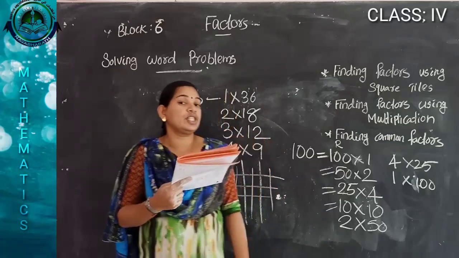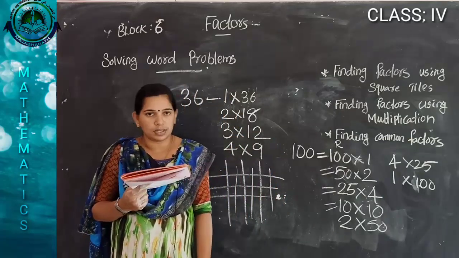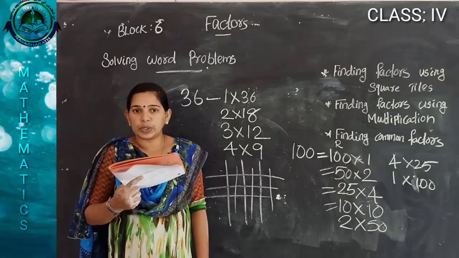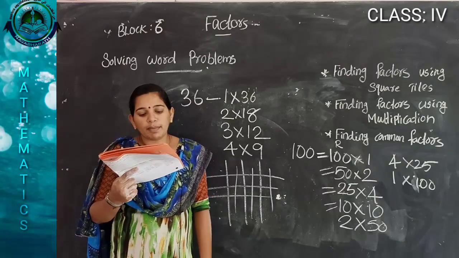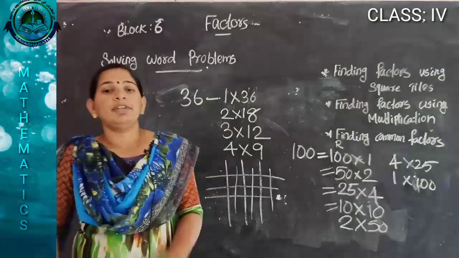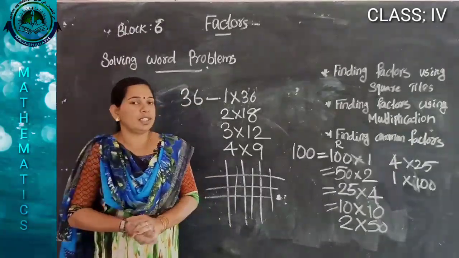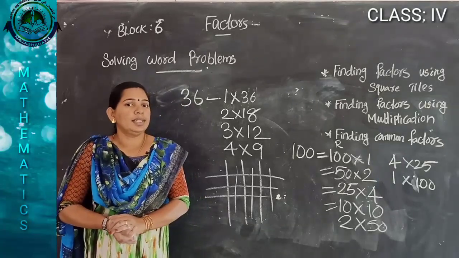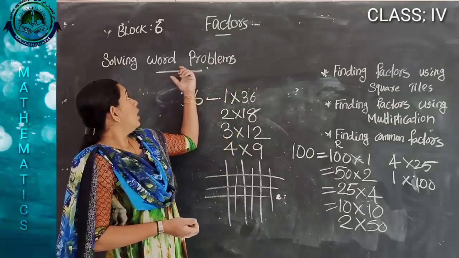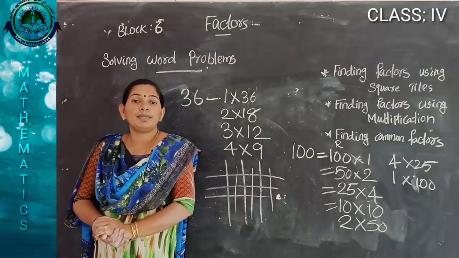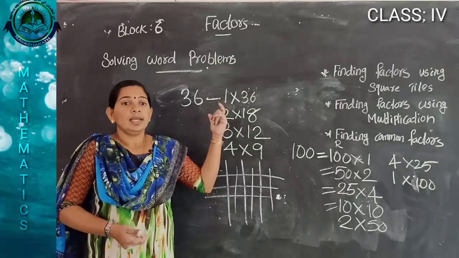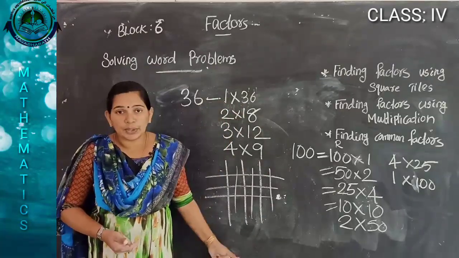How do you write 16 as the product of 2 numbers? Like you write the number of columns and rows. Write a word problem on finding the factors of 35. So create a word problem finding the factors of 35. Got it? So today we are discussing how to do word problems on the factors. Okay, I hope all understand what problems we are doing here.